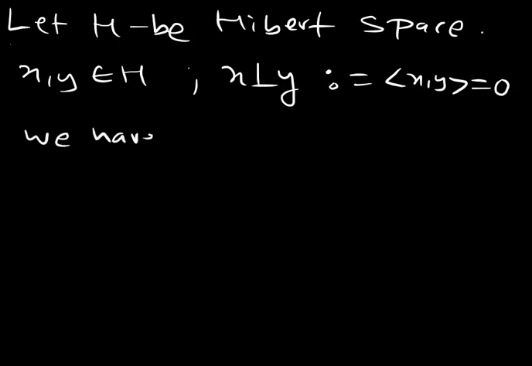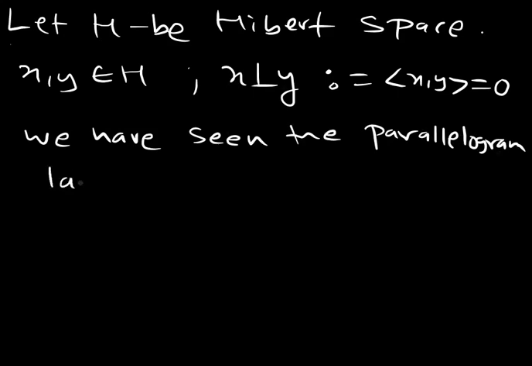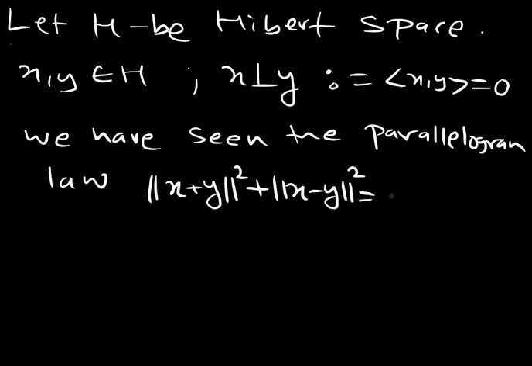We have seen the parallelogram law. It says that if you have elements x and y, then the norm of x plus y whole square plus the norm of x minus y whole square is 2 times norm of x whole square plus 2 times norm of y whole square. So what does it say? It says that if you have the parallelogram,